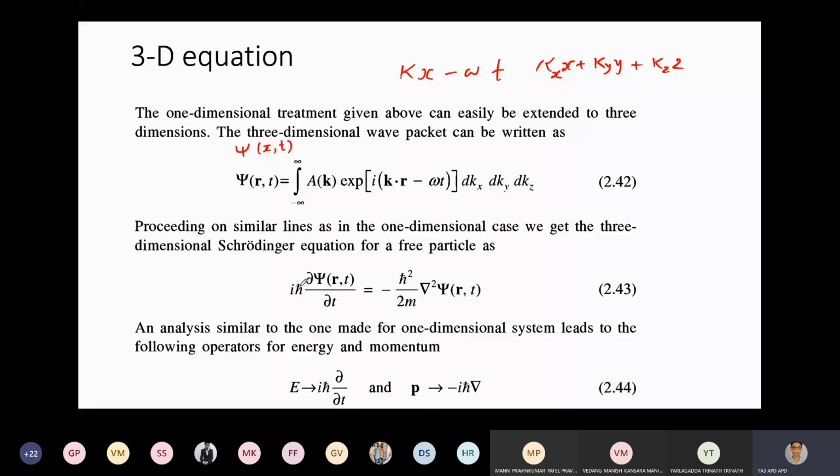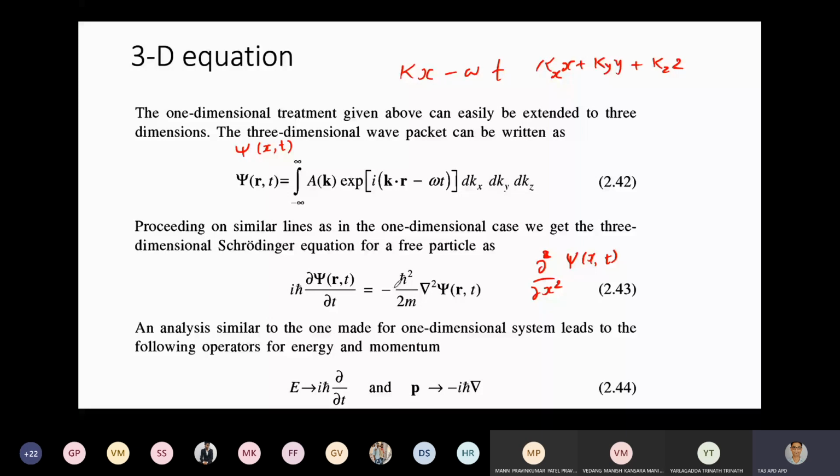∇²ψ(r,t). So initially in 1 dimension, it would be something like this, ∂²/∂x² of your function ψ(x,t). That was in our 1 dimension. Okay. So in 3D, we use this operator, the Laplacian del square. So it will have ∂²/∂x² plus ∂²/∂y² plus ∂²/∂z². Right. So that would be your 3-dimensional Schrodinger equation, and it is a time-dependent Schrodinger equation.